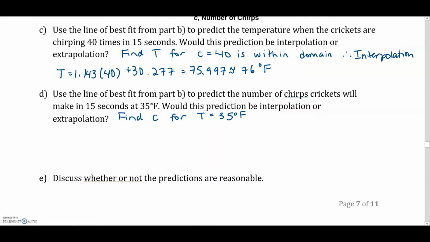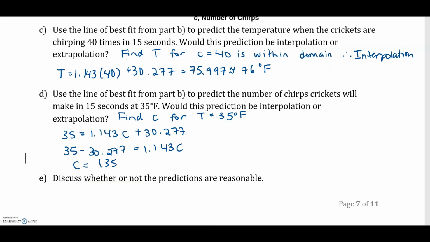Now using our equation, we can plug in 35 and find the value of C. Using some algebra, we can solve for C. And C is equal to 35 minus 30.277 divided by 1.143, which is calculated to be